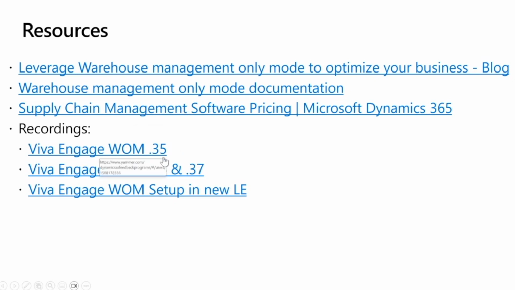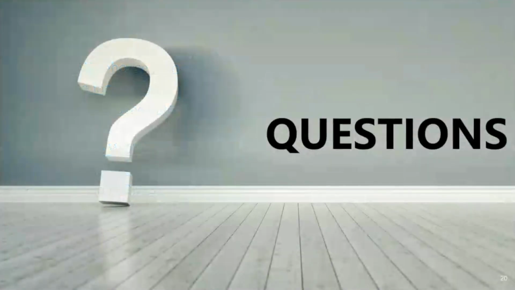And then there are more recordings. I did one quick one here on how to set up, as I mentioned, in a brand new legal entity, what is needed for you to set up. And this is definitely where the item master data would also need to be imported via the existing data entity process, or whatever you prefer. So that brings us,